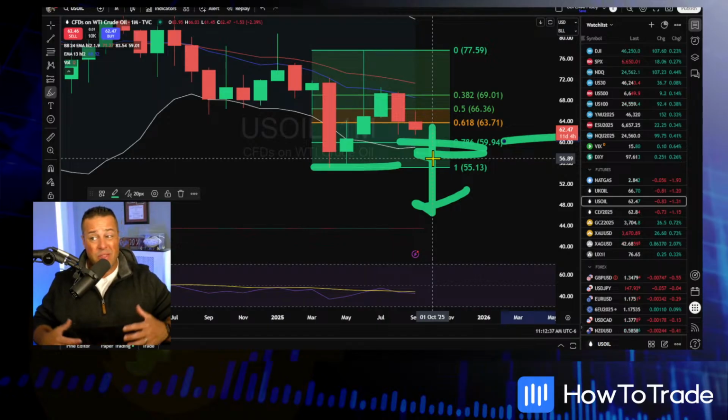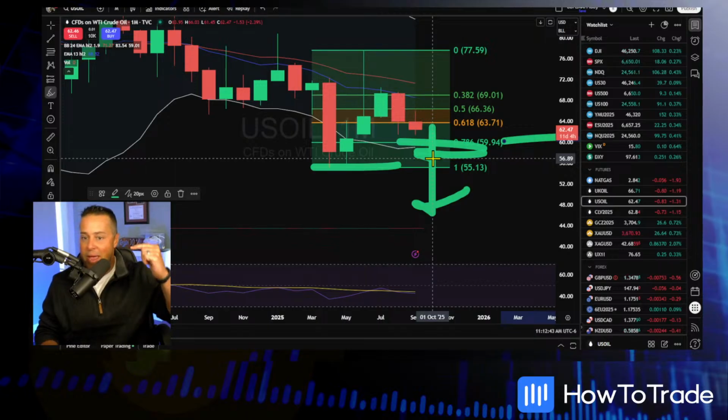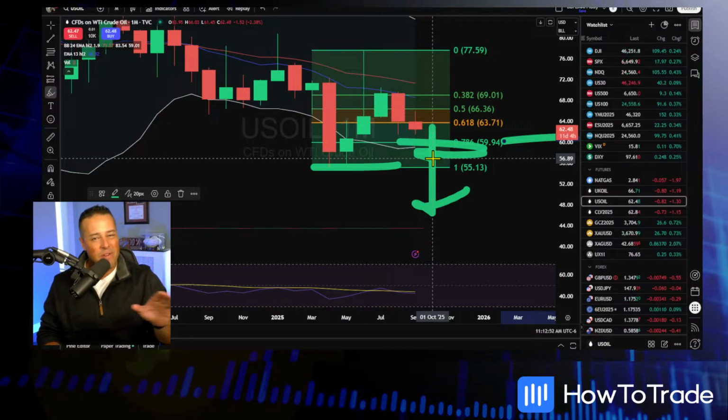And I also wouldn't bet the ranch on it, because if in fact you see the big sweep and 60 gets taken out quickly, it may not just go a little ways before rebounding. It may go way down there and test those yearly lows. You've got to understand seasonality if you're going to trade crude oil. But even if you're a technical trader, understand that